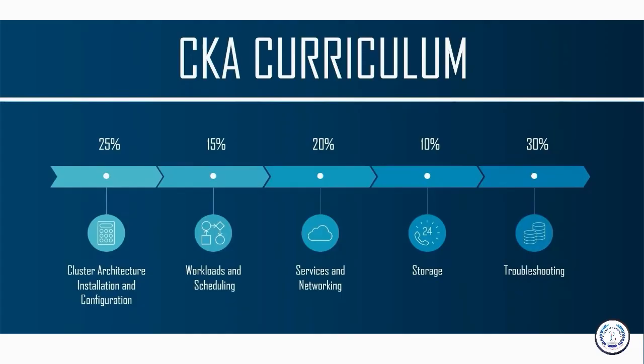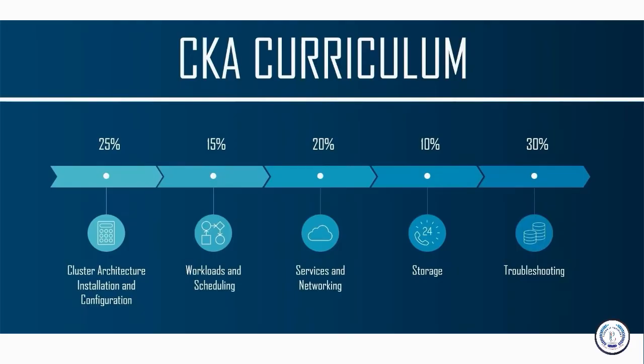Moving on to the next topic, which carries 15% of weightage, is workloads and scheduling. Here it is important to understand deployments and how to perform rolling updates and rollbacks. You will also have to learn config maps and secrets to configure applications, know how to scale applications, understand the primitives used to create robust, self-healing application deployments, and how resource limits can really affect pod scheduling. You must also be aware of manifest management and common templating tools in this particular topic.